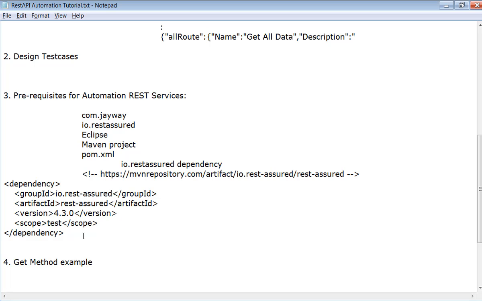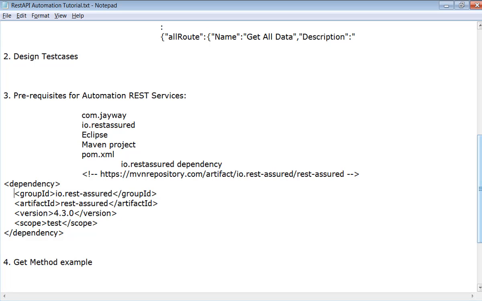Now we are ready to automate the COVID-19 API, the GET method, and validate the response body, response headers, and response code.